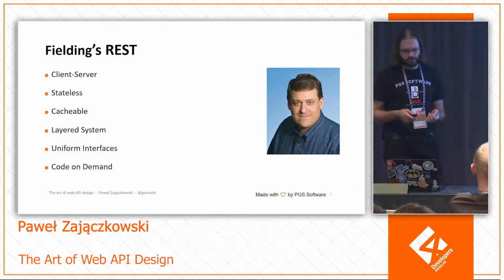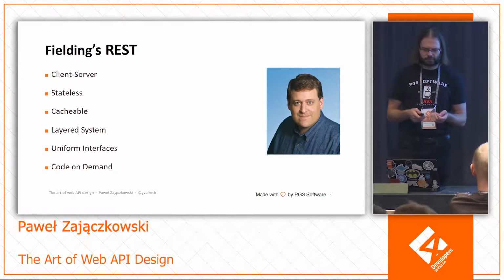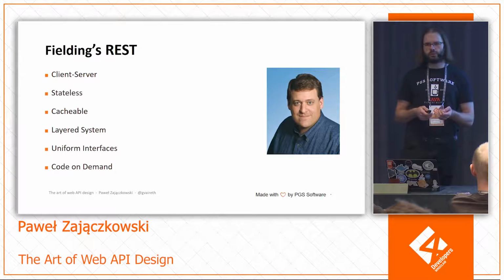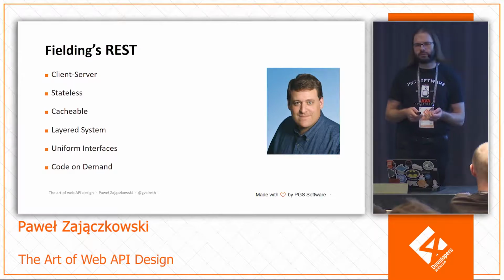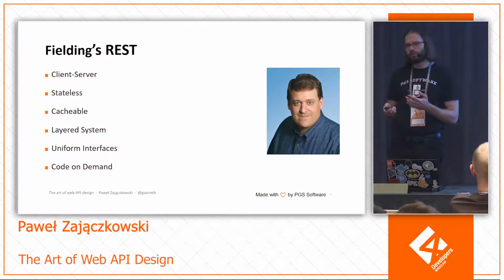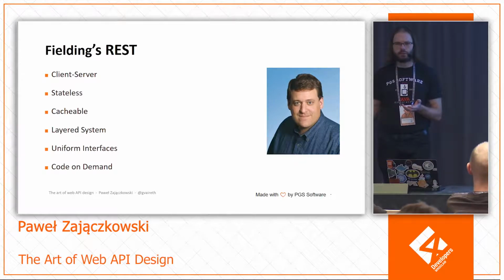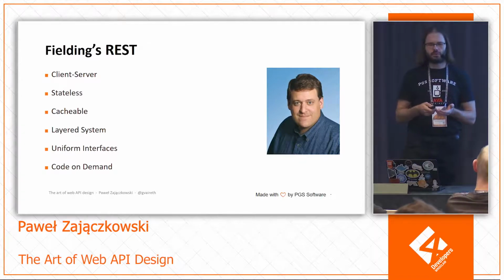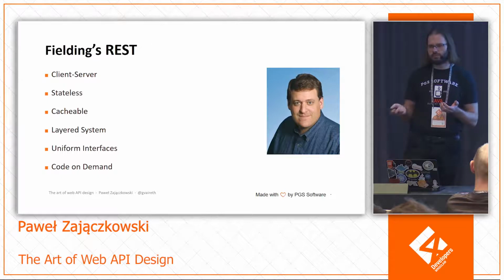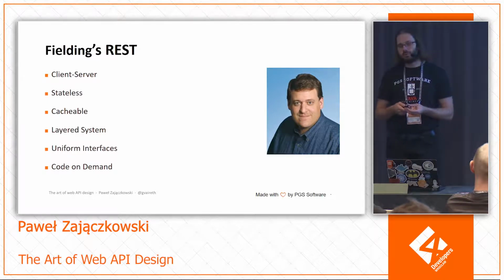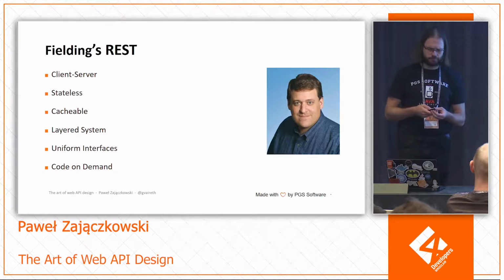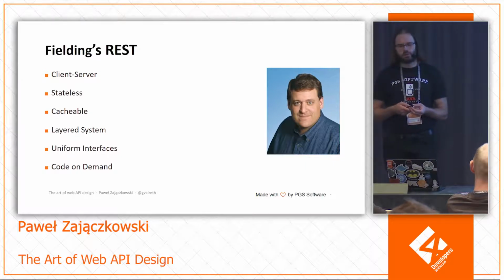They are not coupled. There is statelessness, which means that all the information that is required to process the request is contained in the request. So if you start some kind of business flow, let's say you reserve a ticket and then you want to buy a ticket, you can reserve it on just one machine in the system, and then if the machine goes down or there is some scaling in the cloud or something else happens, the request can be handled under the covers by some other machine, and that's a nice property. On the other hand, sometimes we need to send more information to get it done, and how to deal with that with performance. So we have cacheability.